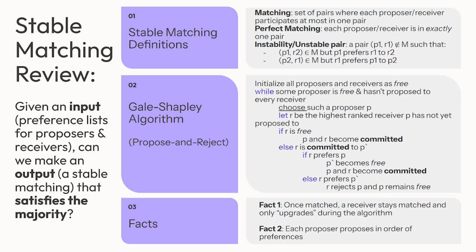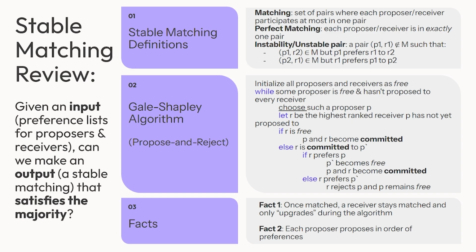And lastly, I have instability, also known as an unstable pair, which is a pair such as P1R1 that is not found in M, but it follows that P1 and R2 is a pair in M, but P1 prefers R1 to R2, and P2 and R1 are a pair in M, but R1 prefers P1 to P2. So the main idea behind that, we see P1 prefers R1 and R1 prefers P1, but the pair P1-R1 is not found in M. So the P1-R1 elements that prefer each other are not in a pair with each other,